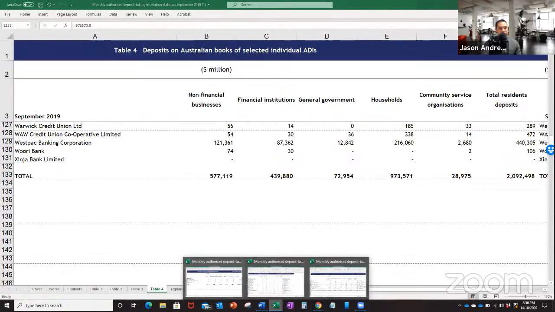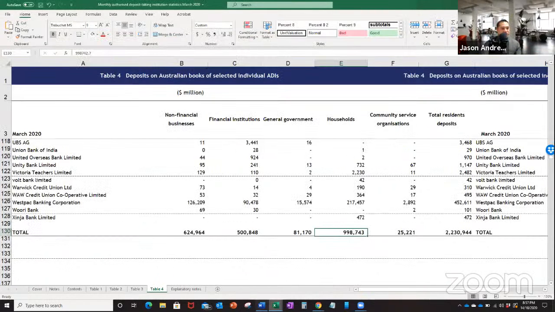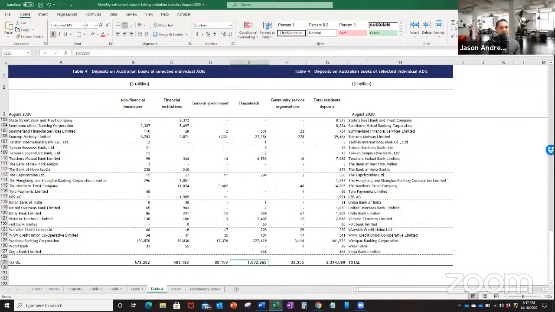August. What do you think? If you think about this, in the 6 months from September to March, there was 25 billion. So that's 4 billion a month. Now, I was only able to get the last 5 months, until August: April, May, June, July, August. And the actual total, if I can get it up for you, is here.